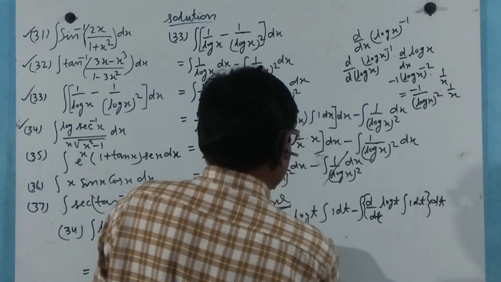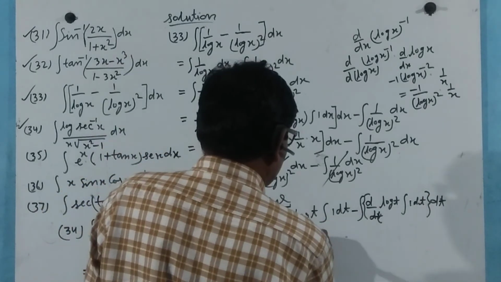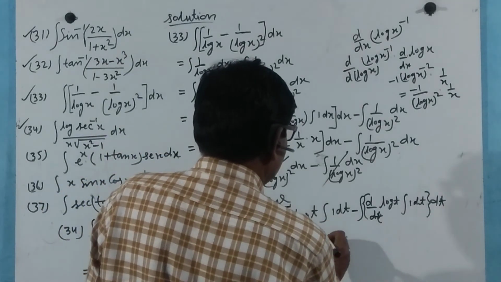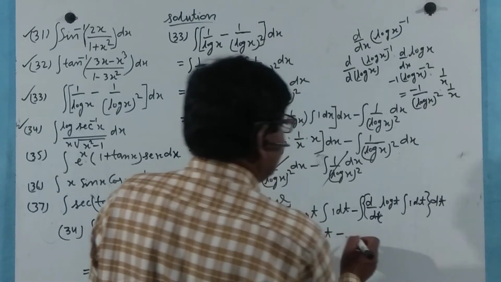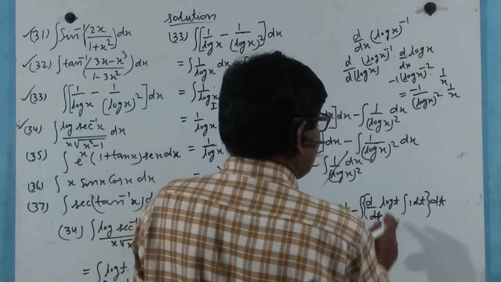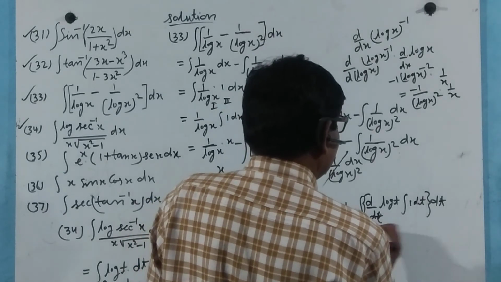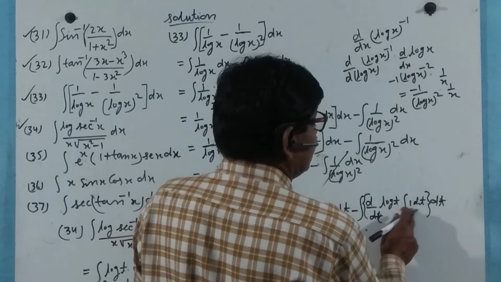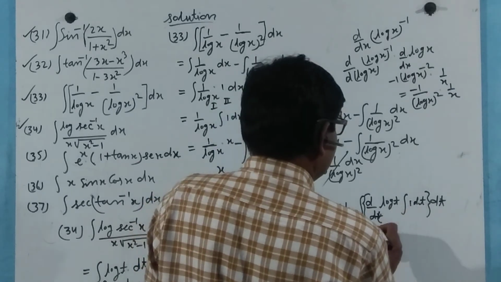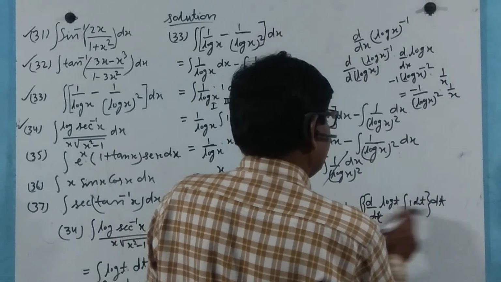This can be written as integration of 1 dt is t, so that here t log t minus differentiation of log t, log x is 1 by x, so that 1 by t, into integration of 1 dt is simply t, and now integration of this dt,